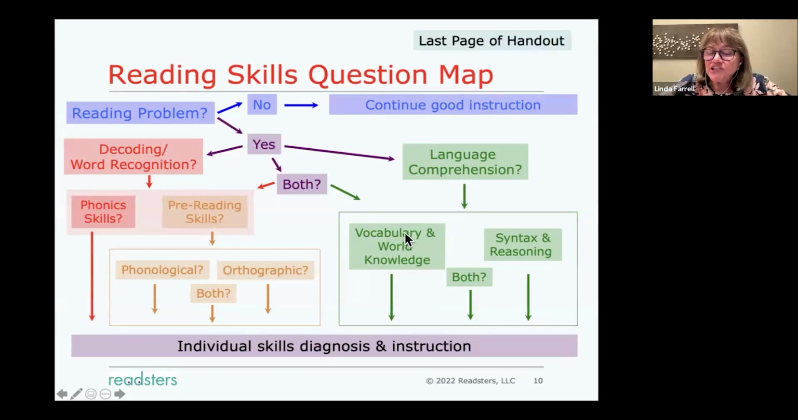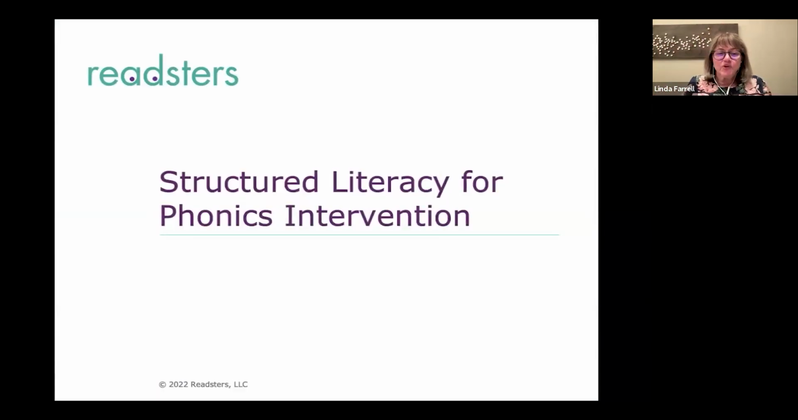But if it's language comprehension, I have to decide, is their problem that they just don't have a very big vocabulary or world knowledge, which is relatively easy to fix because I can preview the information they need. But if it's syntax or reasoning, whoa, sometimes that's beyond the classroom teacher, beyond getting down to the depths of syntax or reasoning skills, and we do need to do something extra. Or is it both of those? So now we're over the simple view of reading, and we're talking about the word recognition side. So let's look at phonics or pre-reading